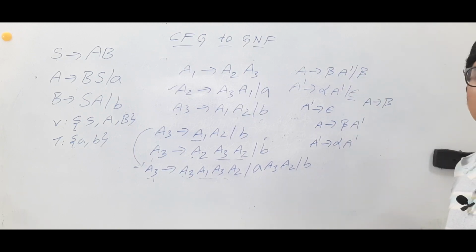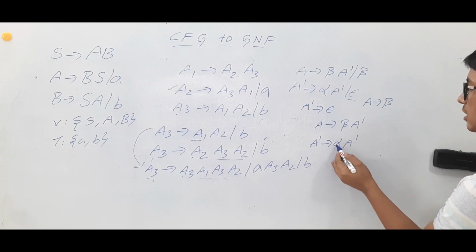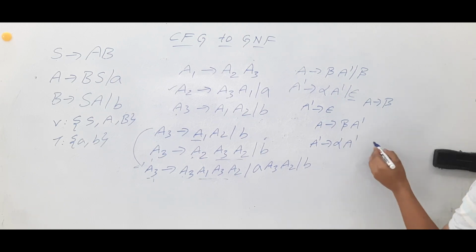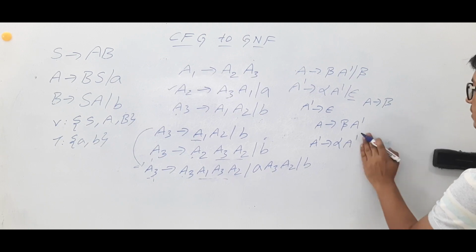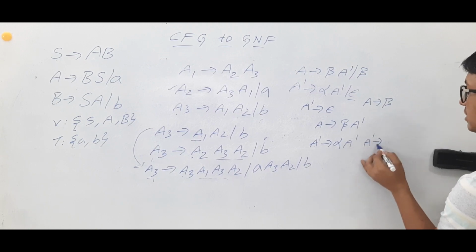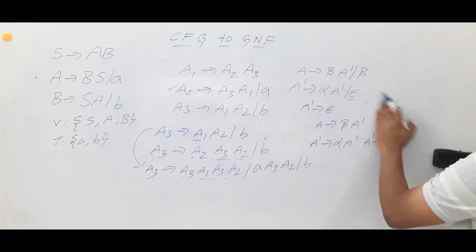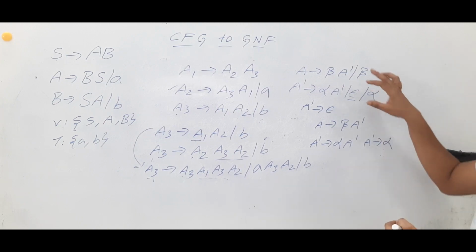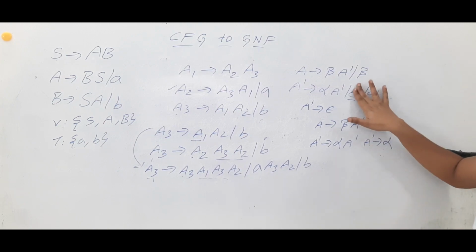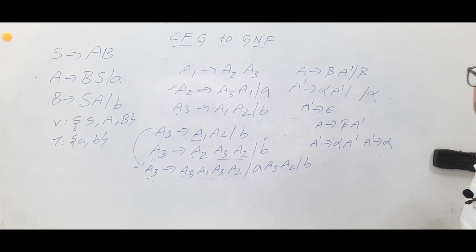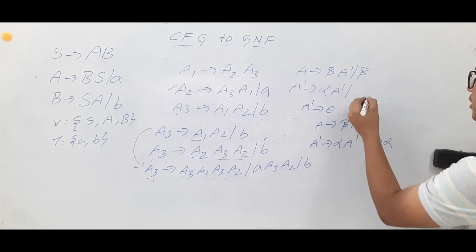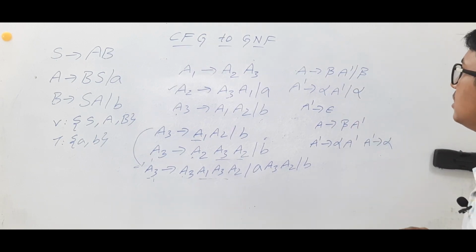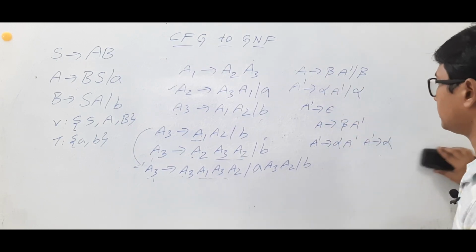We have already discussed how to eliminate epsilon productions, but I am doing it slowly so that you will not get any confusion. Now again, in A dash determines alpha A dash, you keep an epsilon. Then you will get A dash determines alpha. Am I right? This is the extra production you will get. Again, keep this extra production. Once you find the extra productions and place them in the proper position, you can remove the A dash determines epsilon production. So if I remove the epsilon productions from the previous grammar, I get this grammar. Is it clear?